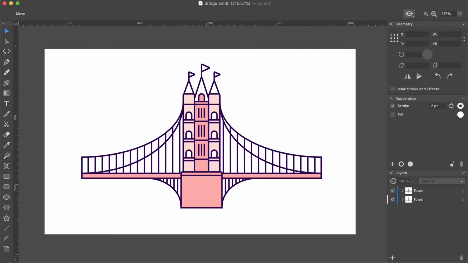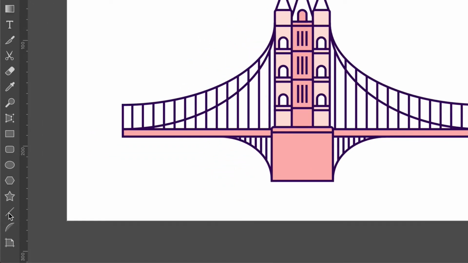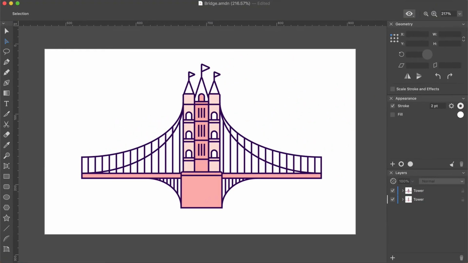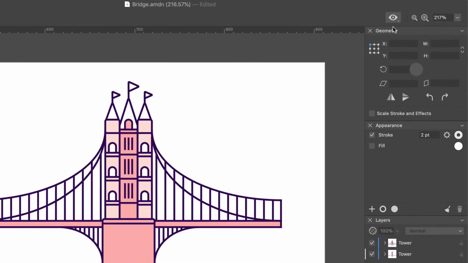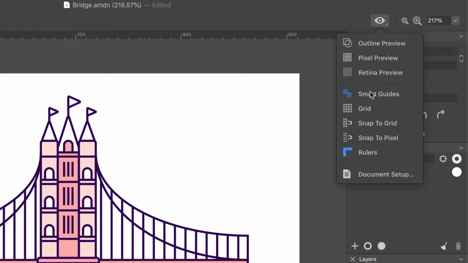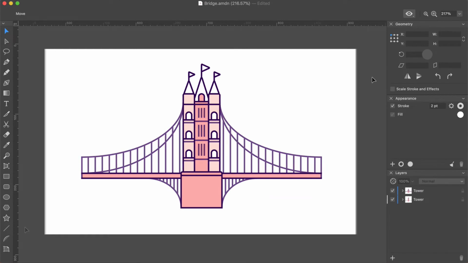In this lesson, you'll learn how to draw simple lines with the line and elliptic arc tools. These tools are located under the Star tool in the Tools panel. Download the document attached to this video tutorial to follow along the lesson and practice. Make sure the Smart Guides are disabled in the Settings menu located in the control bar. We won't need them for this lesson.